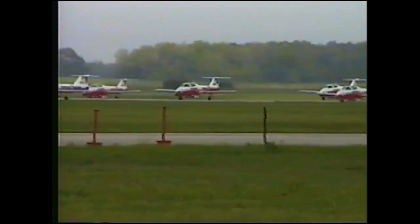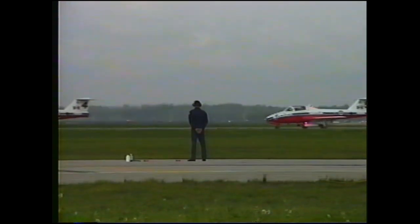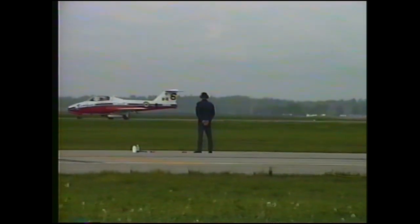Folks who missed it today, and if you'd like to come back tomorrow, we'd like very much to see you. The Snowbirds are going to be taxiing in for a couple more minutes, and once they are back into position and the airplanes are shut down and secured, take a look at the transports, the fighters, the attack aircraft, the surveillance aircraft. If you want to see something big,